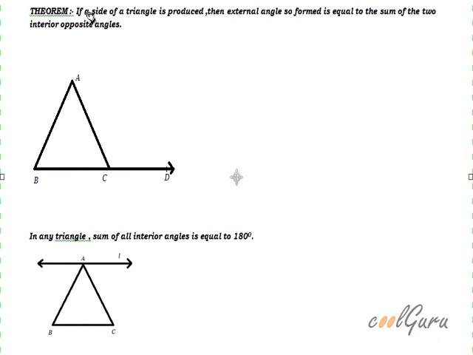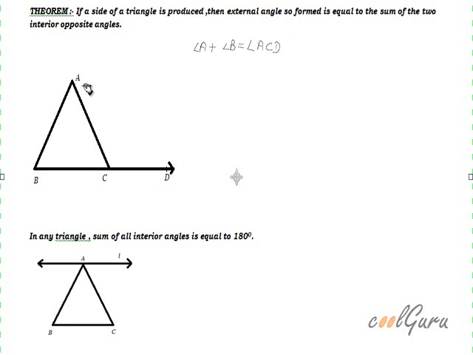Let us prove this theorem that if a side of a triangle is produced, then the external angle so formed is equal to the sum of the two interior opposite angles. Consider this triangle ABC in which the side BC is produced to D. Now we have to prove that angle A plus angle B is equal to angle